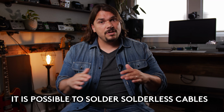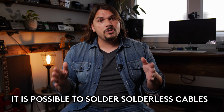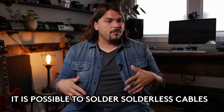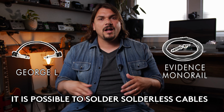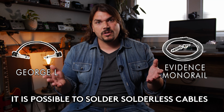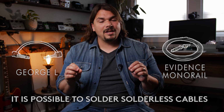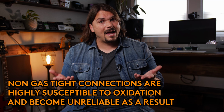is easiest to solder. Now many of the solderless varieties of cables, the cable is actually perfectly fine, and if you wanted to use that to solder with, it would be a fine cable to do that, irrespective of whether it's a George L or an Evidence Audio or many of the different manufacturers of solderless connections. The cable is not the problem. It is the connection that is the problem and creates the reliability issue,